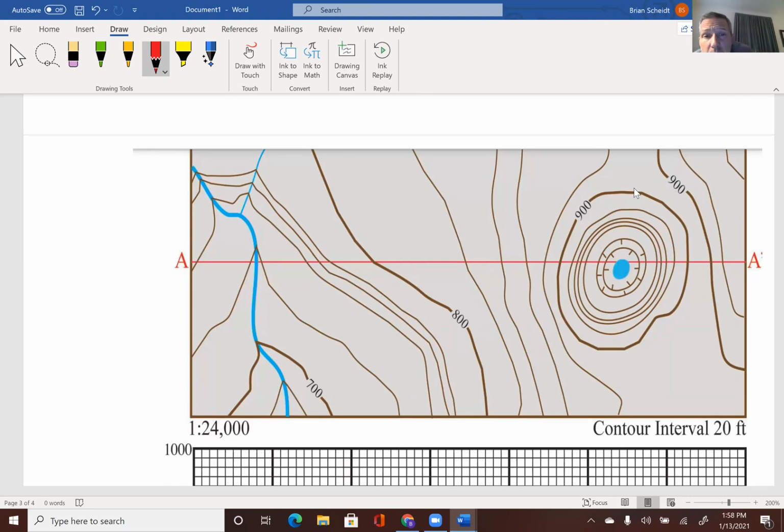So the first thing I would do would be to label these elevations. Now we know that this is 800 and this is 900. And so we know that there are 5 lines in between. So each one of these would be an interval of 20. So the next line would be 820. And so what I would do,